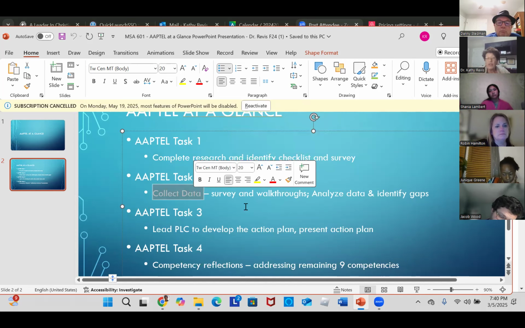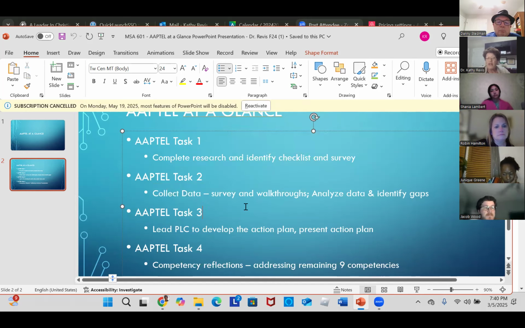That's always where you start. Then you compare the two, find your gaps, and that gives you information to develop an action plan. An action plan that's evidence-based in research and evidence-based in your data. So that's what we're going to focus on.